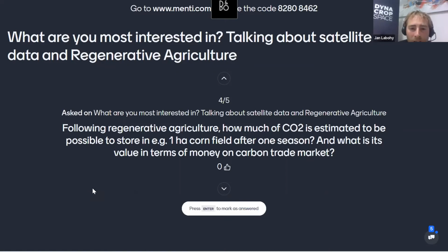So I don't know a specific number on the cornfield, but there shouldn't be anything like a cornfield in the future. There should be only the field that has corn as part of the crop rotation, which is usually 5 or 7 different crops that are going one by one. So let's say 1 ton of